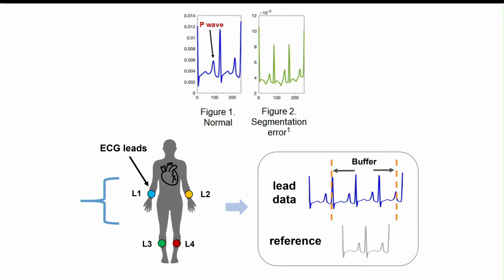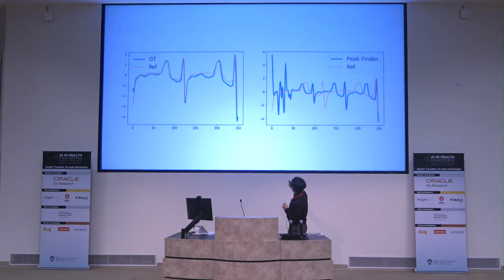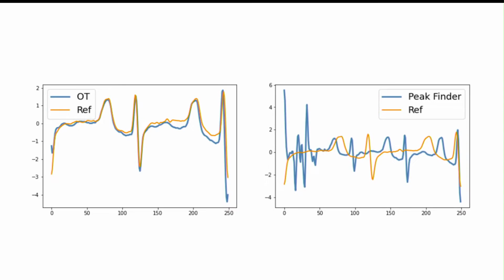And the way to do it again is using optimal transport, instead of trying to detect when the shape of the signal is very different to what we should expect. So detect, highlight this data out and fix it. So we actually do it, and without showing much details, what we can do with these theories, things like this. So the blue one is the thing that is given to us, and the orange one is how it should look. And after our fixing, we can get these results like here on the left, right? We can actually clip the data when it should be clipped, instead of having these automatic segmentation errors like was given here in blue. And we can do all the things.